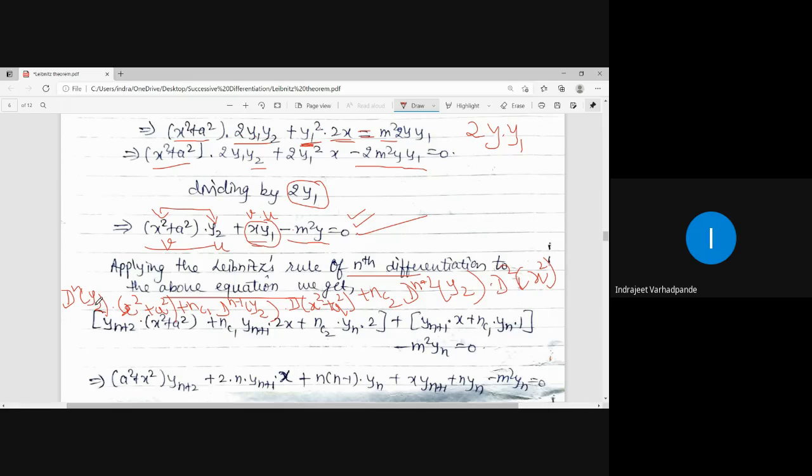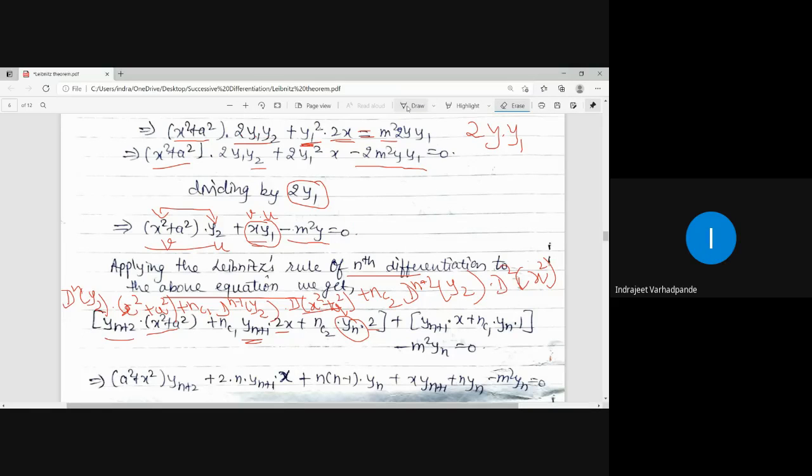So what is dn of y2? It is yn plus 2, into x square plus a square as it is. nc1 as it is. What is n minus 1 plus 2? n plus 1. So it is yn plus 1. And what is the first derivative of x square plus a square? 2x. nc2 as it is. n minus 2 plus 2 is simply yn. And the second derivative of x square is 2. Is this step clear? Have you written with me simultaneously? Yes, sir.